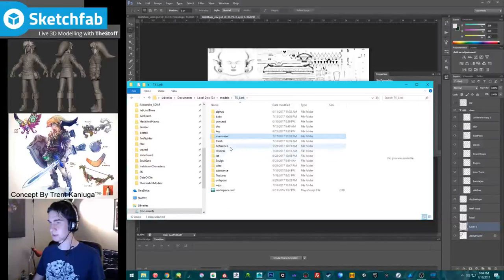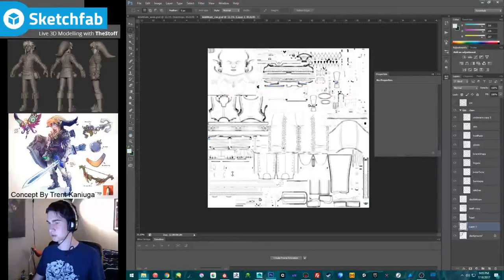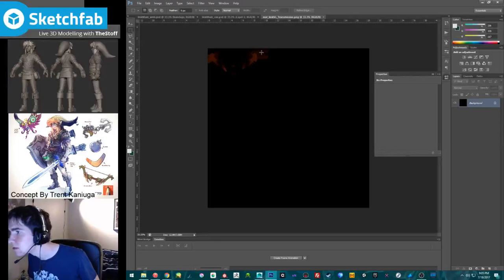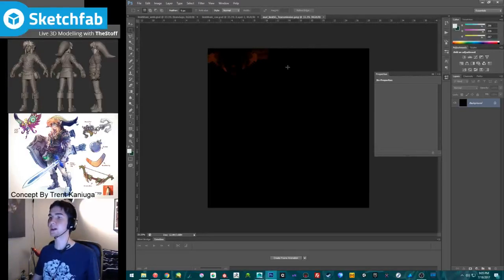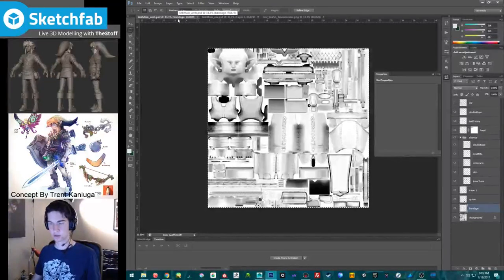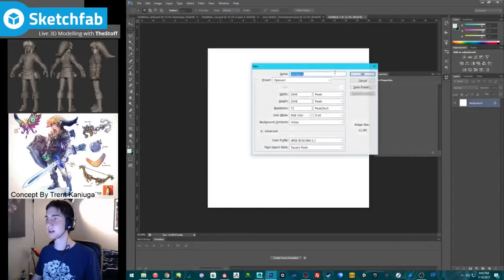Anyway, so back to Substance Painter and export transmissive. Is this my latest transmissive? Yeah, because I had some transmissive I added to the fingers. And okay, so we're gonna go see new. Okay, paste that. That's gonna be my ambient.